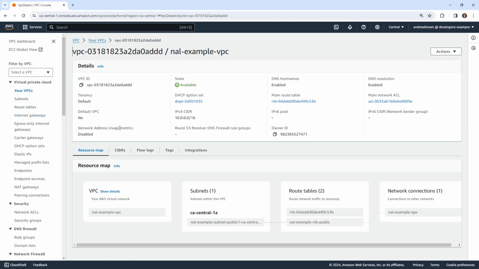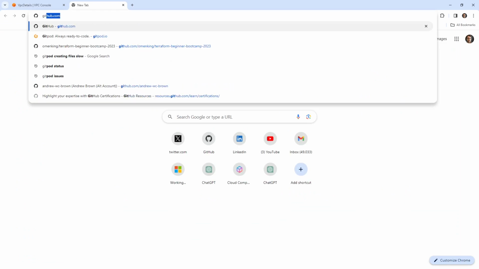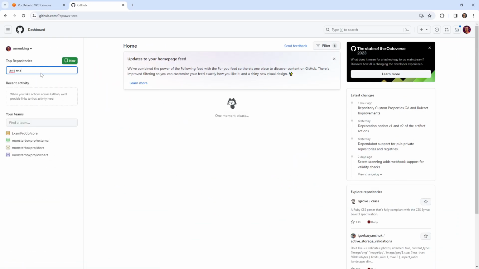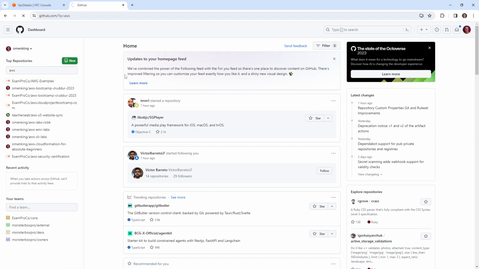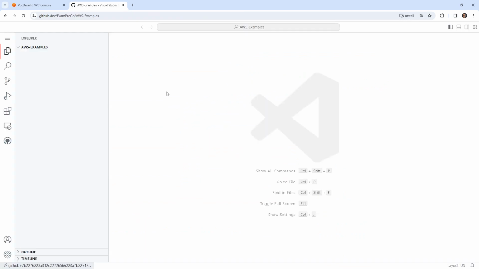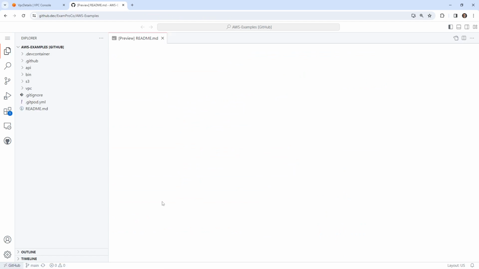So now what we can do is go ahead and create ourselves a NACL. I would like to do that via the CLI. So I'm just going to open up our GitHub repo. I'm going to go to AWS examples, and I really just want to provide some documentation. I'm just going to use the CLI that's built in here. If I press period on my keyboard in this GitHub repo, it's going to open this up in github.dev. GitHub.dev is basically a VS Code editor without any compute attached,